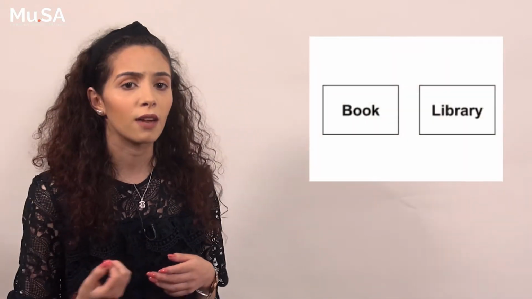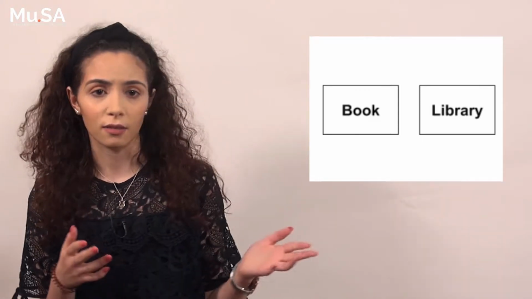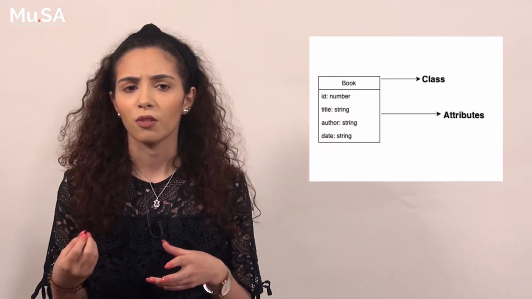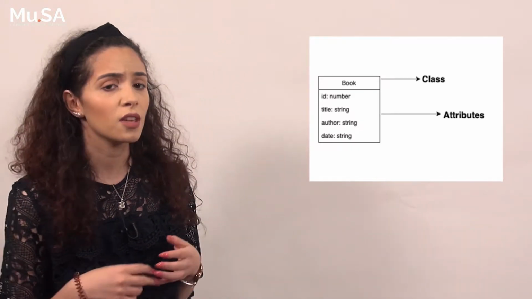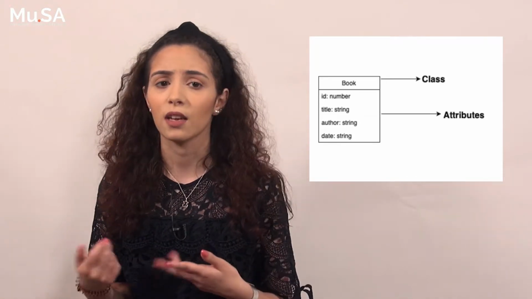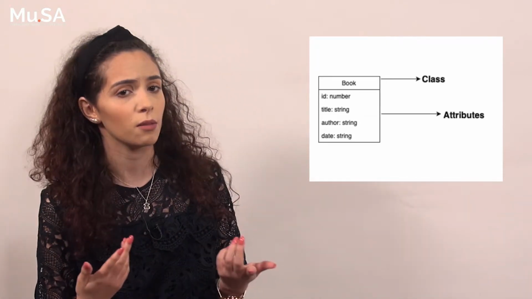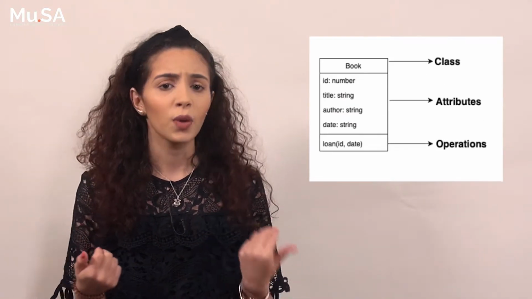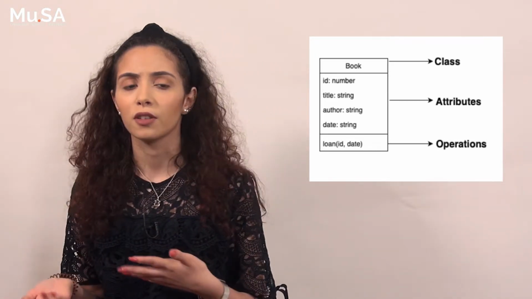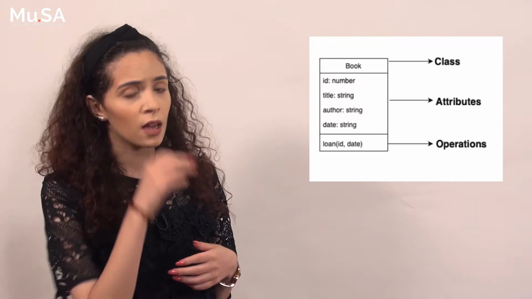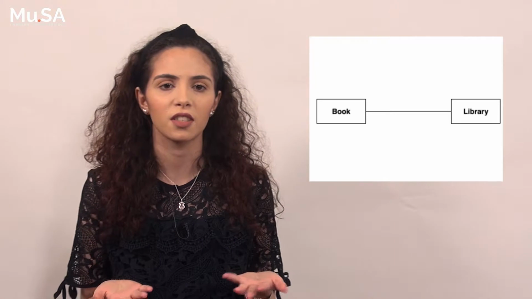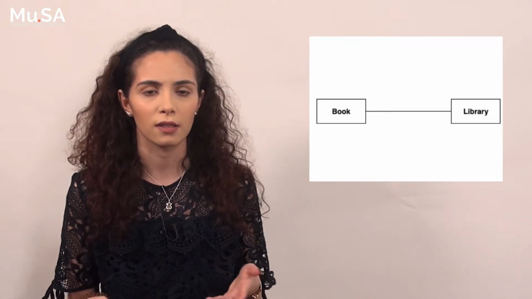In UML, a class is represented by a rectangle, but these rectangles can be filled by more information about each class. We can have attributes that characterize the class, and each attribute should have a unique name inside the respective class and also a type. We can have operations representing the behaviors associated to a class, and we can also have associations representing the relationships between the two different classes.